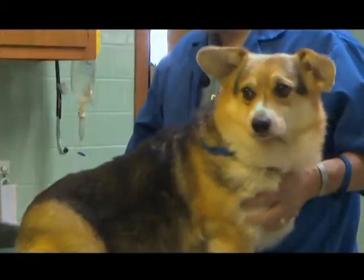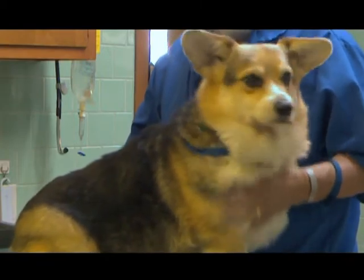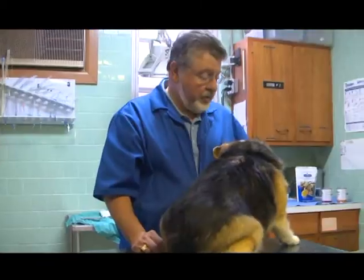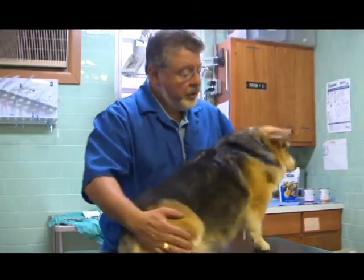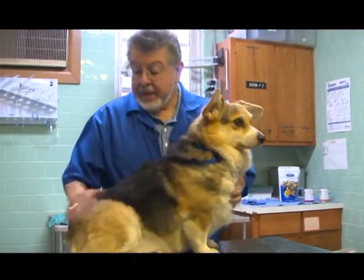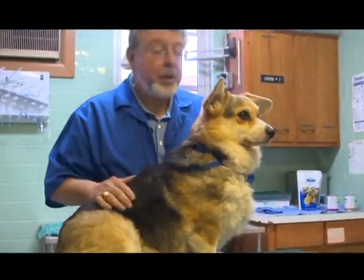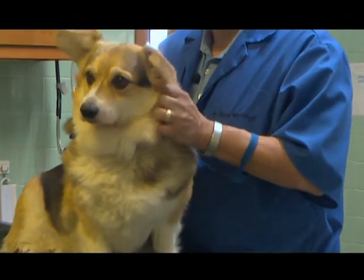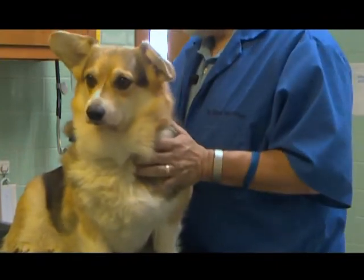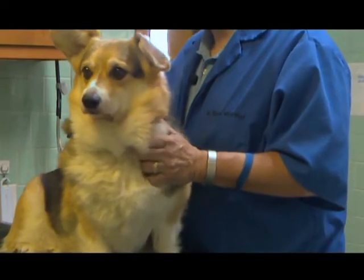This is Abby. Abby is a middle-aged corgi. She's one of our regulars here, and she's a really, really cute girl. Say hello to the folks at home, huh? Hi, Abby. And to be very honest, there's absolutely nothing wrong with Abby's skin, but we're going to use her as a demonstration, and then we'll talk a little bit about skin disease, and we'll talk mostly about allergy in